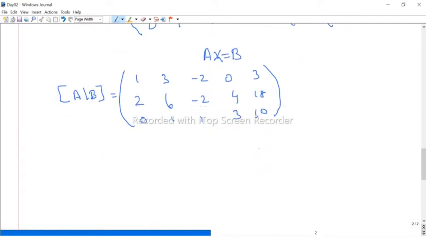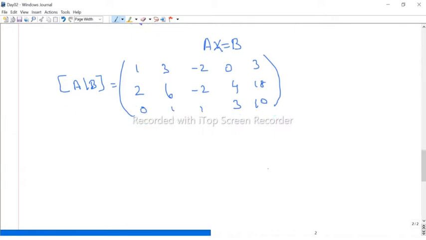Now we have to reduce this matrix into row reduced echelon form. First you check that there are no zero rows, so you start from the first row. You scan the first row and get 1 here. Therefore we have to make the entries below the leading one 0, so this position 2 should be 0. We multiply -1 times the first row and then add to the second row, and this position will be 0.